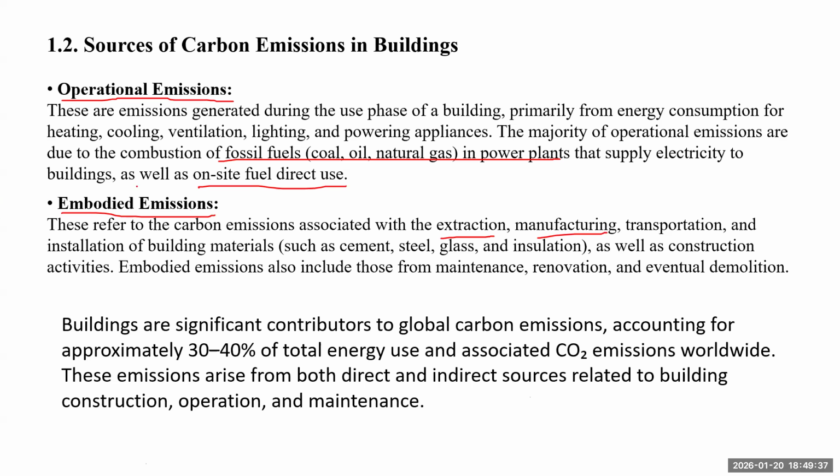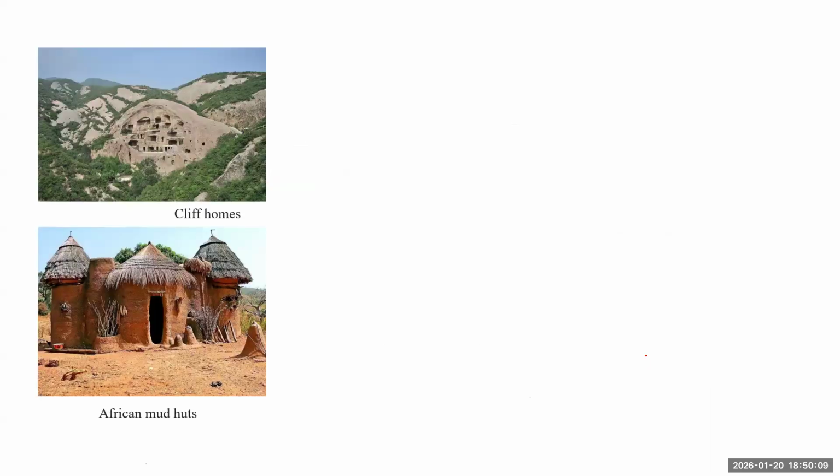So generally, for the Earth, our buildings are significant contributors to global carbon emissions, accounting for around 30 to 40% of total energy use, and also similar figures for the associated carbon dioxide emissions. These emissions come from direct and indirect sources related to building construction, operation, and maintenance. So look at why buildings consume, for this world, over 30 to 40% of energy. That is because, in fact,